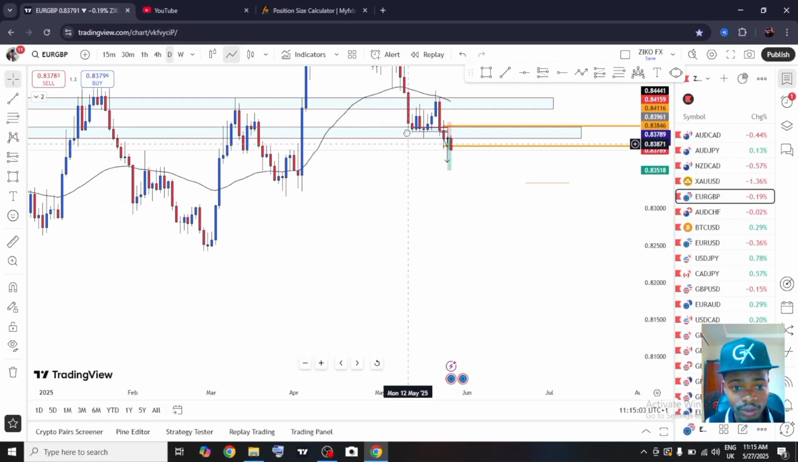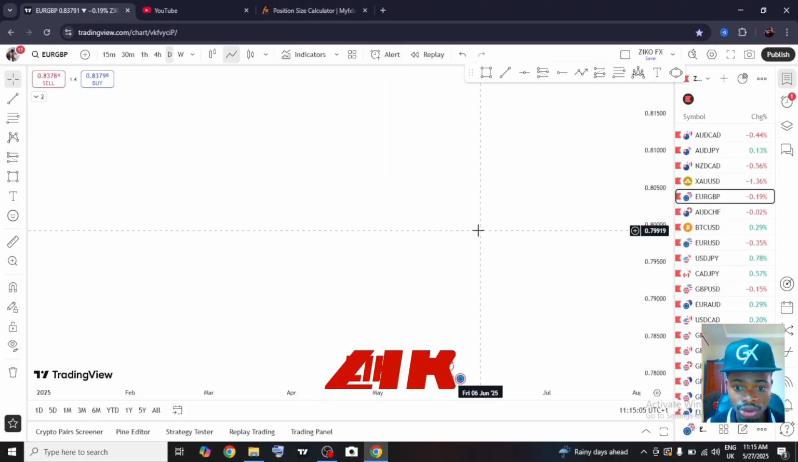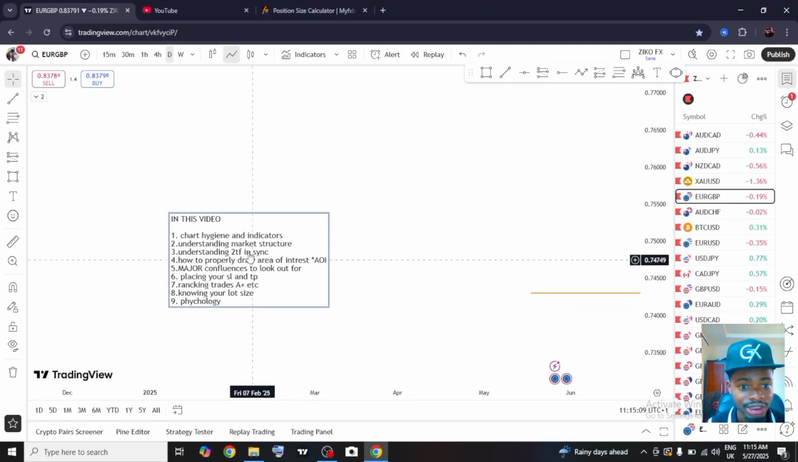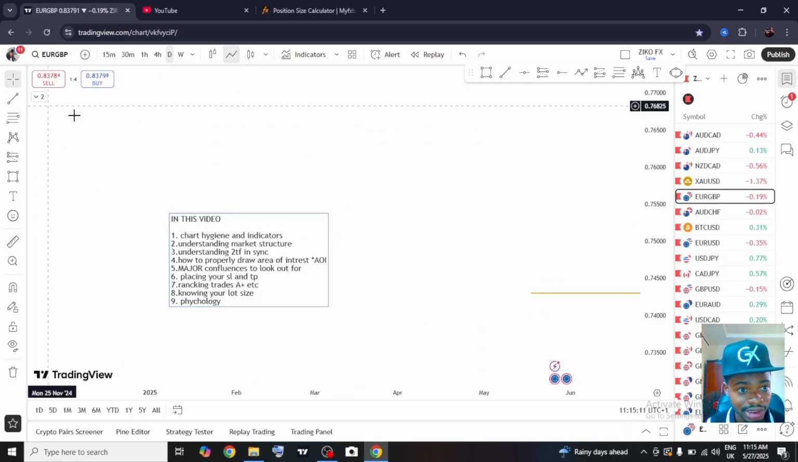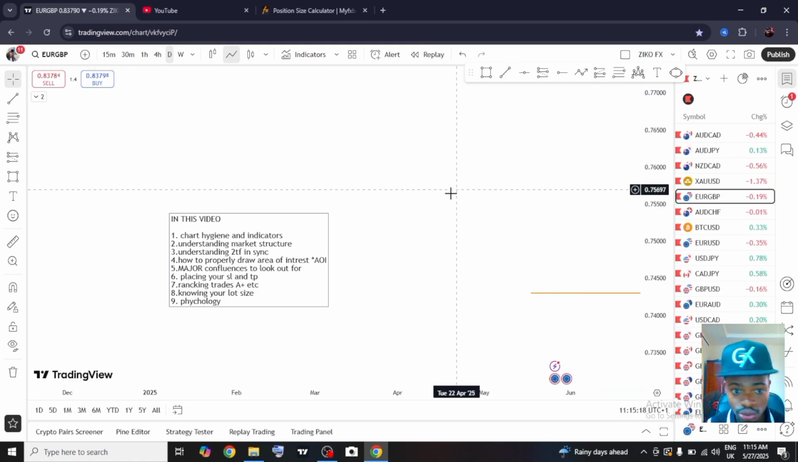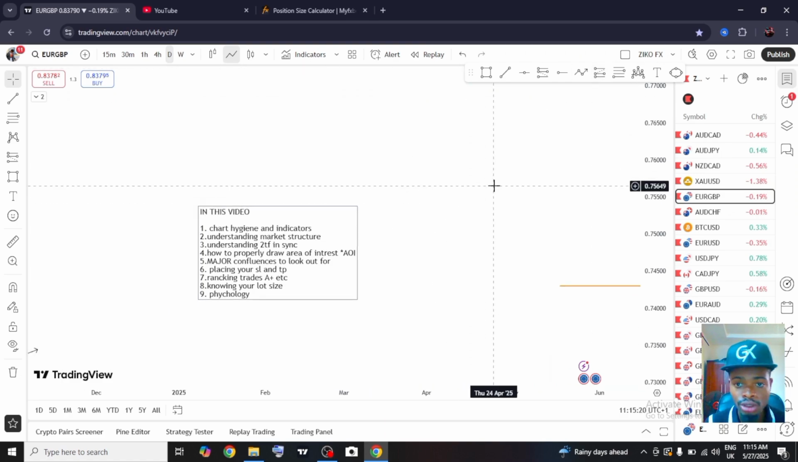So we are done with topic number 1, which is chart hygiene and indicators. I've explained how these indicators work. I've explained the time frames you need to use, the pairs, and the tools you're supposed to be using. Now,